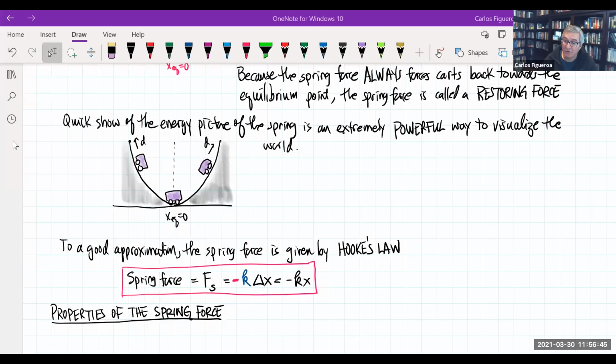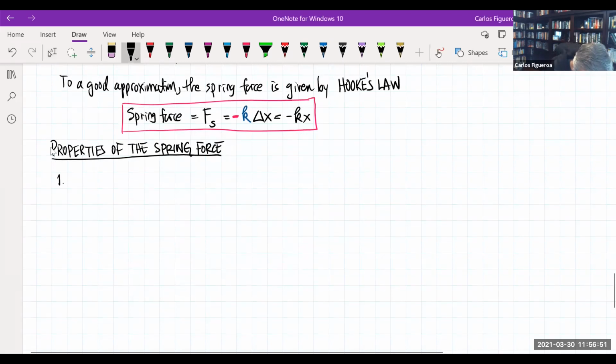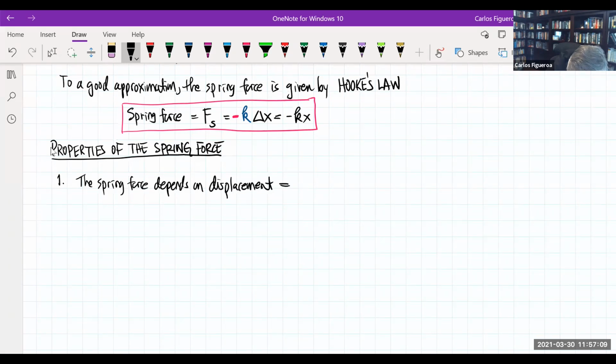Two things that we already said that I should highlight right away. So what we said here is that the spring force depends on displacement. That implies that if I have a larger displacement, I'm going to have, right? I'm going to have a larger